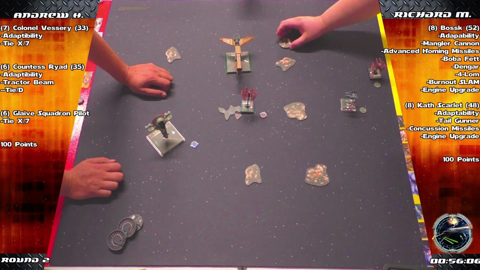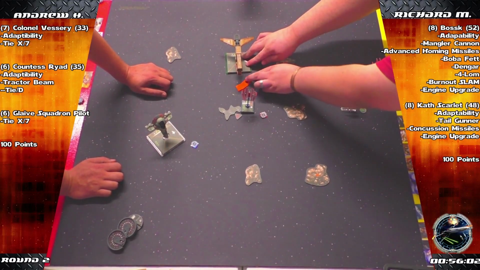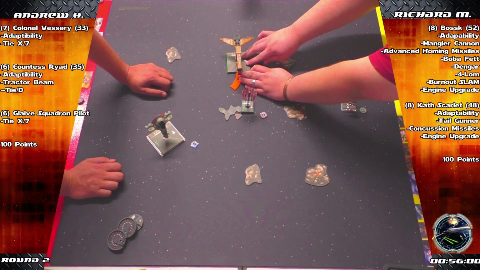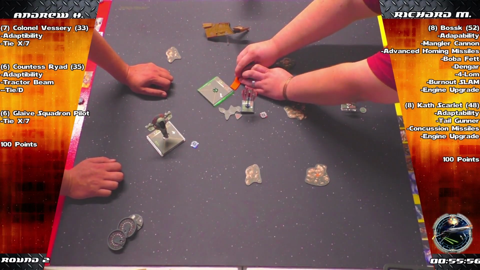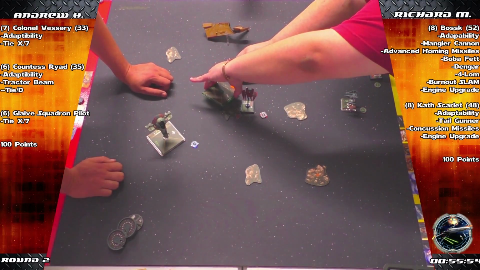Sure. So I also have an ability that triggers after each opponent attack. Yes, I get to attack you because you are inside my firing range. So I will attack you with 4 dice. Your stuff does go first. You're on there too. Both, yep, because you have